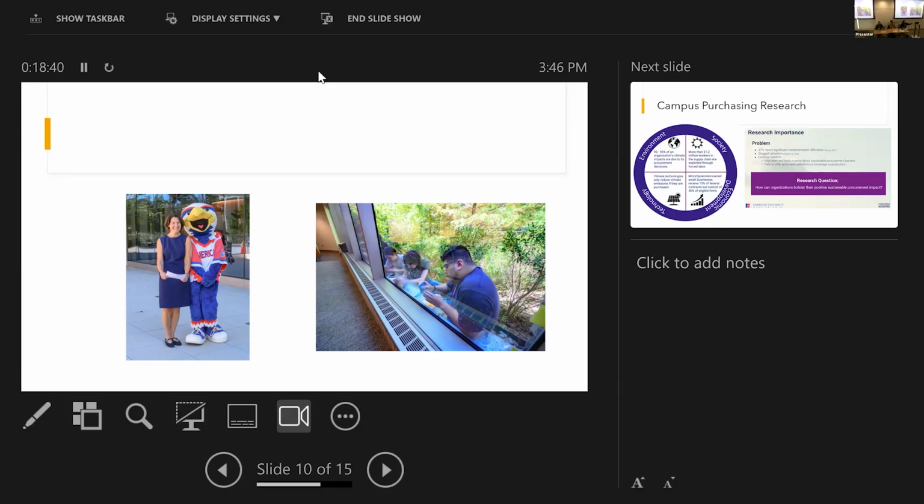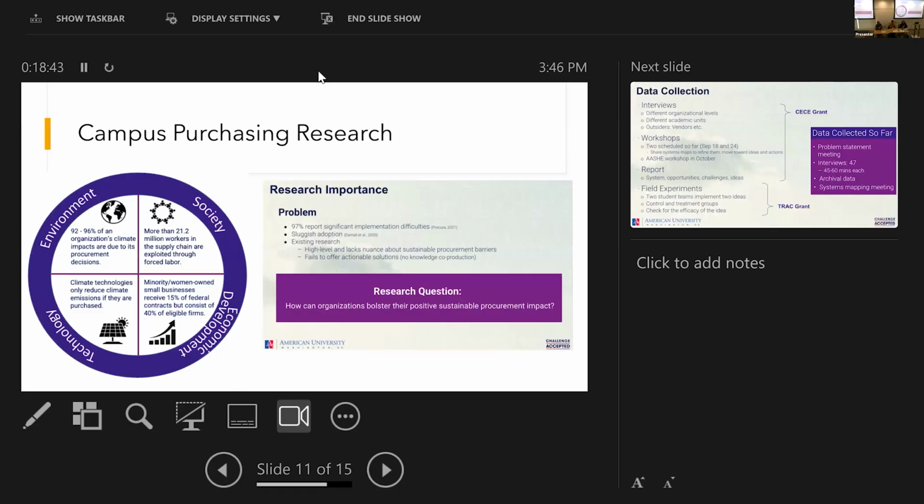Great. So I'm going to talk about our second case study of community building here on campus at AU. Myself and two collaborators, Garima Sharma and Nicole Darnell, both in the Kogan Business School, were really interested in this question of sustainable purchasing. Our research question essentially was, how can organizations bolster their positive sustainable procurement impact,